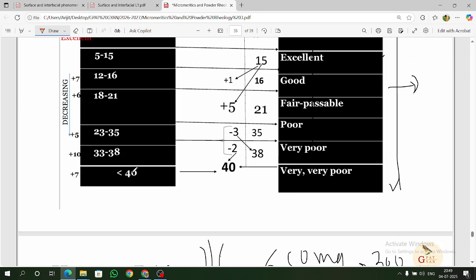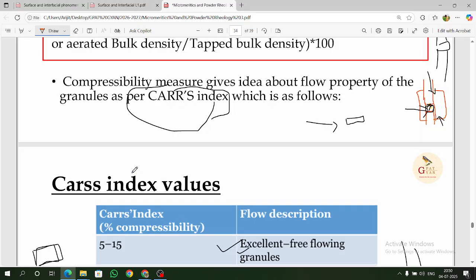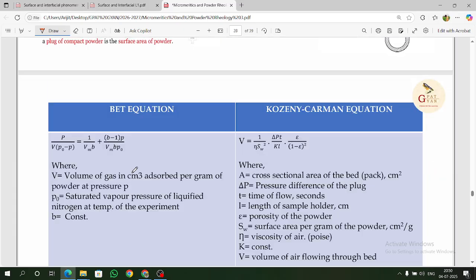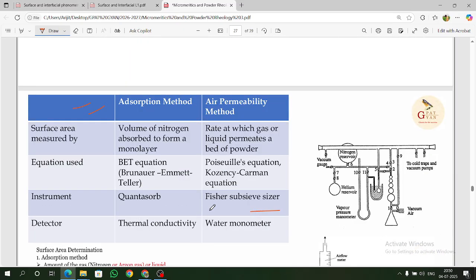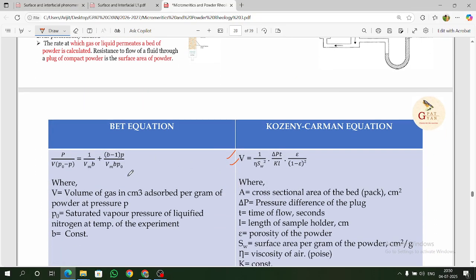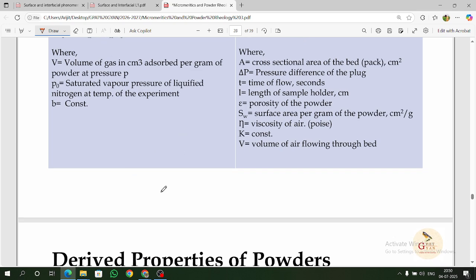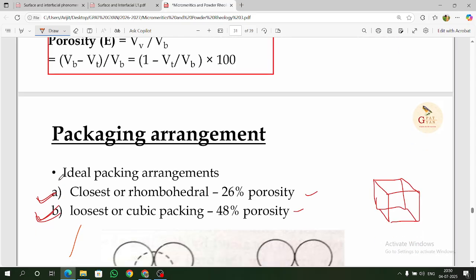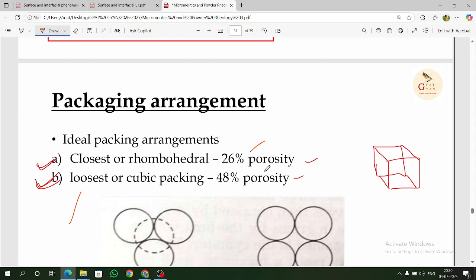Okay, so I am again telling you all these things that lastly I have told: from the surface area determination, 2022 the QuantaSorb questions have come in GPAT. So maybe the Fisher Sub-Sieve Sizer for the air permeability method questions may come, and the principle or equation used, like Poiseuille or the Kozeny-Carman equation. I have already discussed the Kozeny-Carman equation. That portion is important, and after that the porosity, the packing arrangement percentage, that is important,